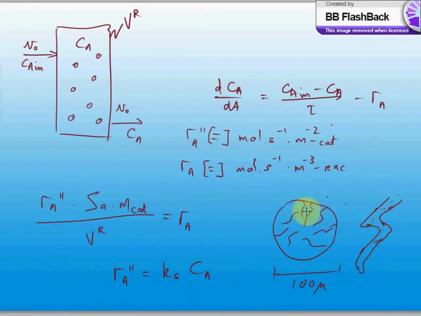So the majority of the area is in fact not on the outside of this particle, it's inside the particle, and you can get to crazy numbers. You can get hundreds of square meters of area per gram of catalyst. So most of the reaction is happening inside the particle, and that means that the concentration of A may change